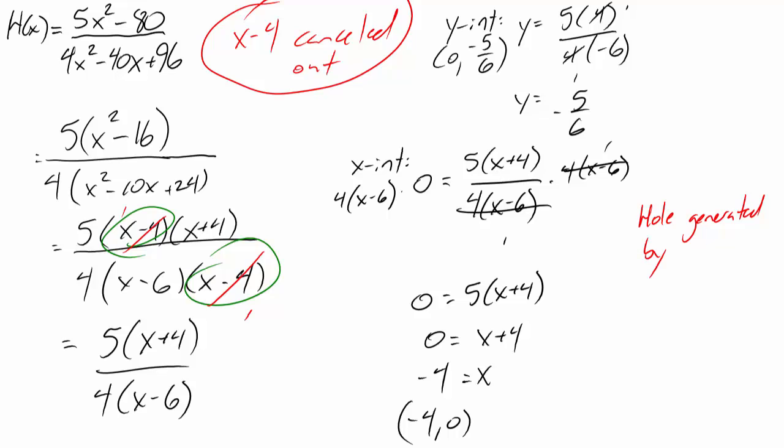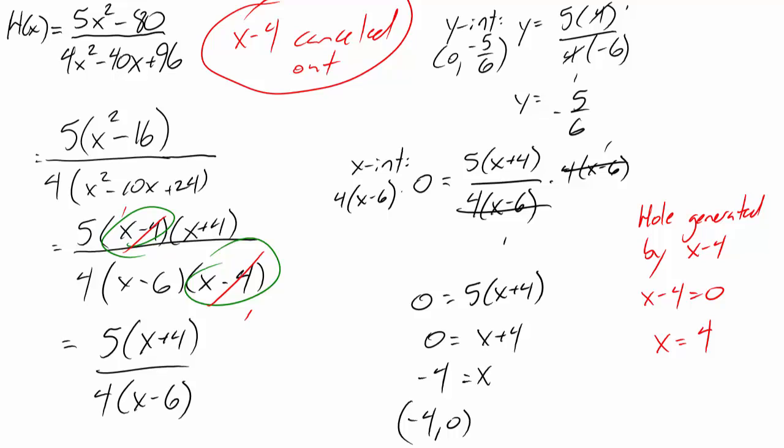It's generated by that x minus 4 factor that got canceled out. So if that were to be either an x-intercept or a vertical asymptote, we would take that x minus 4, set it equal to 0, which tells us we're going to have some sort of issue when x equals 4. So that hole happens when x equals 4, but we need to know what the corresponding y value is going